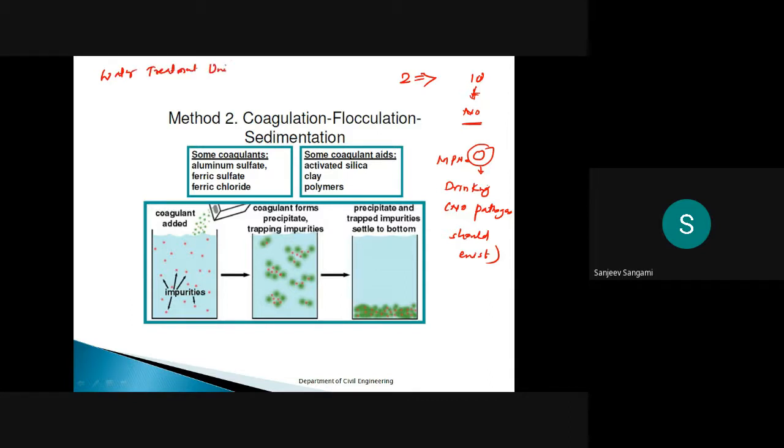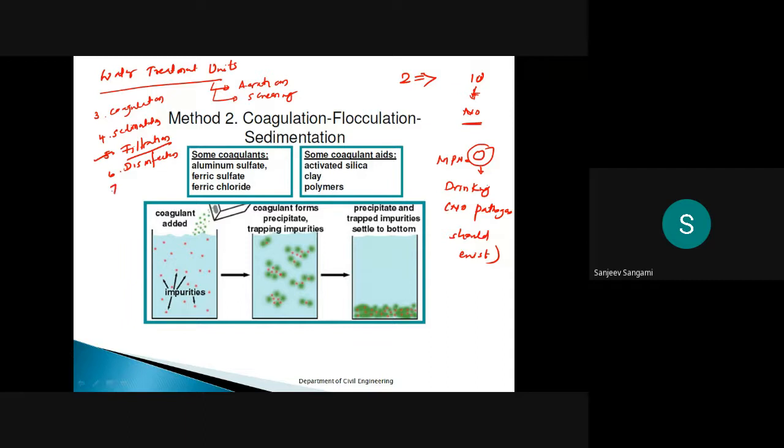In the water treatment units, till now we have completed the aeration, the screening, the coagulation, and the sedimentation. We have stopped at the filtration process. This we have to complete, then we have to complete the disinfection.